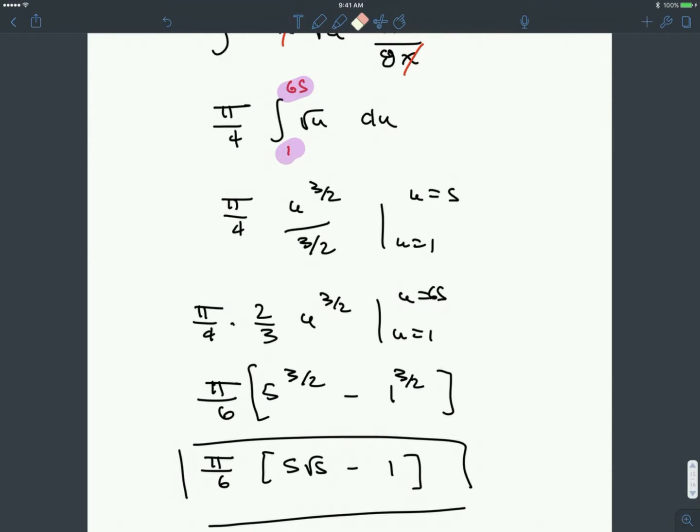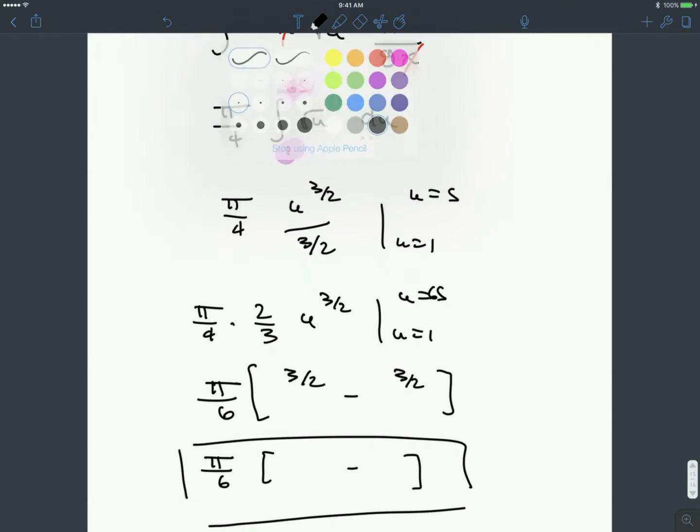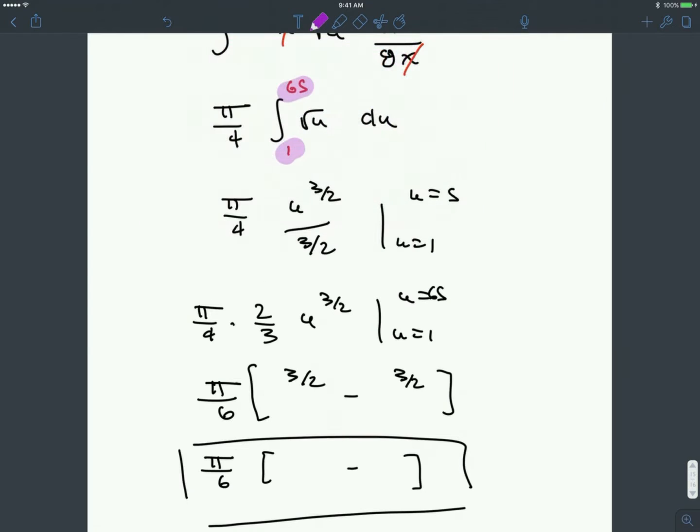So we're going to replace this here, this here, this here, and this here. Let's plug in what the right value is. 65 here, 1 here. So this is going to give us 65 square root of 65